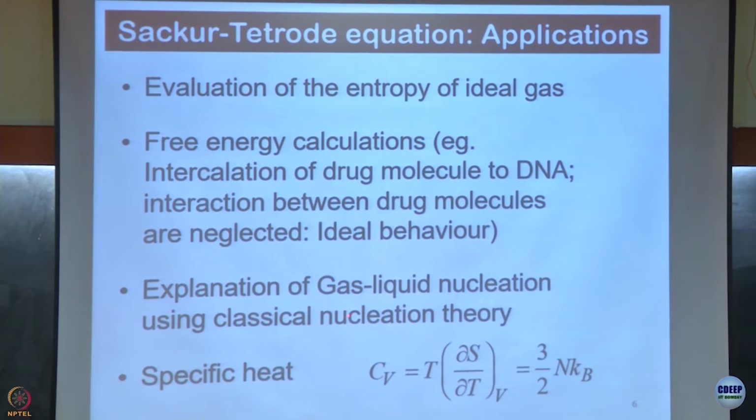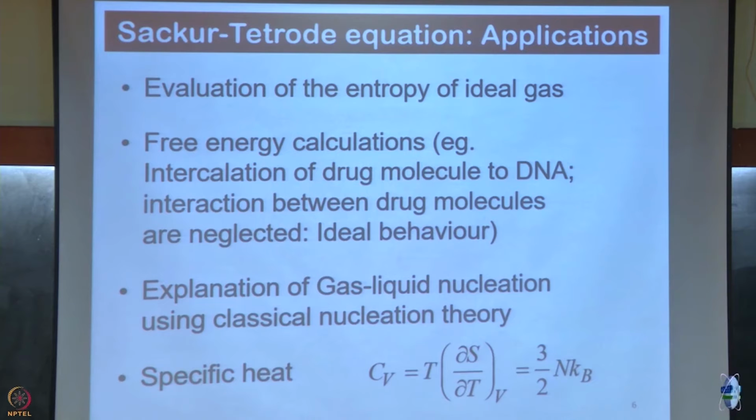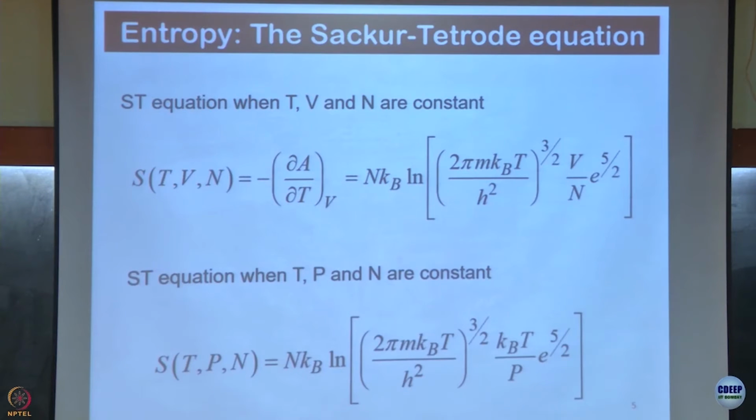You can make an approximate assumption that the entropy of the gas is given by this quantity, and that's where it is widely used in nucleation. There are several books on nucleation where you will see that use. Now, a beautiful result, I think it is done very badly, is that from here